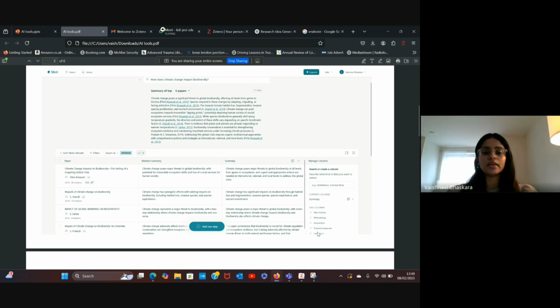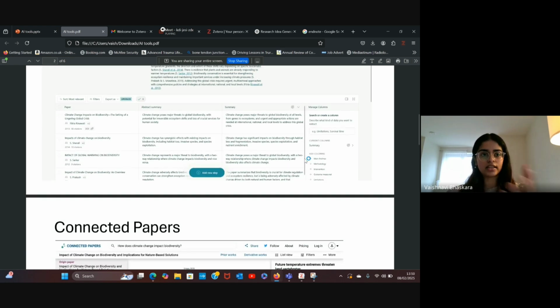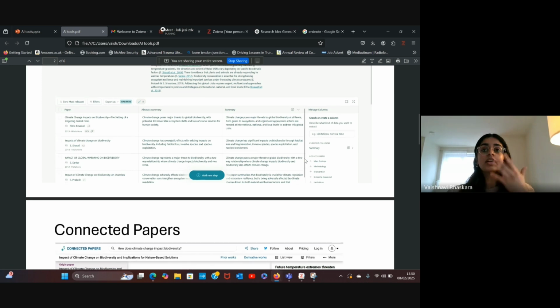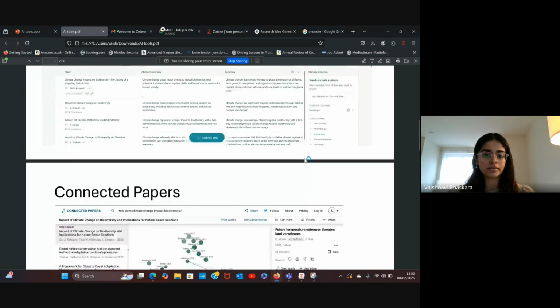Or you can say, can you just give me what the limitations were, so that you can refine that for your idea. You can say, just give me statistical analysis. So it becomes very easy, especially when you're writing a research proposal and you want these vital statistics to be included in something like your introduction, maybe.